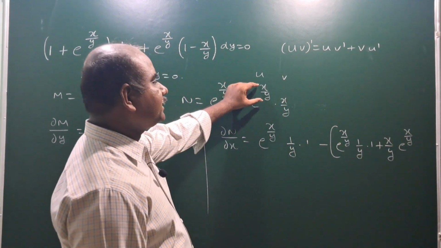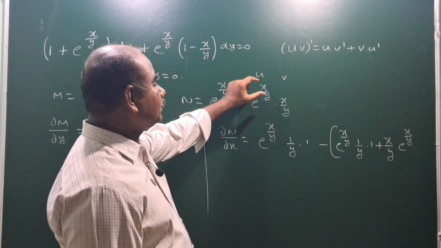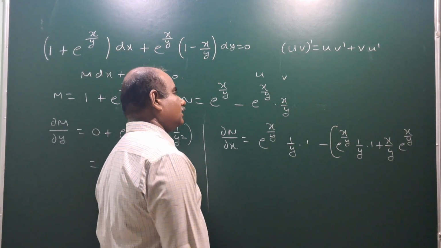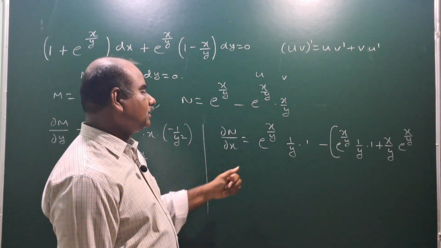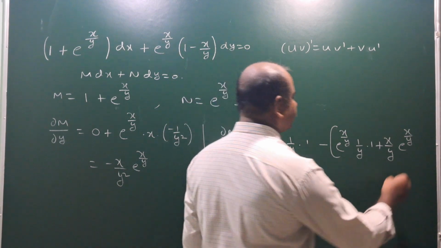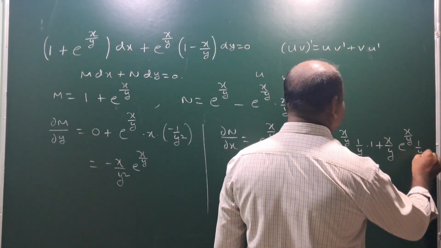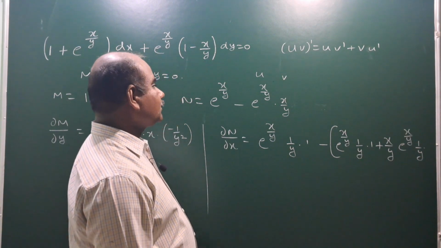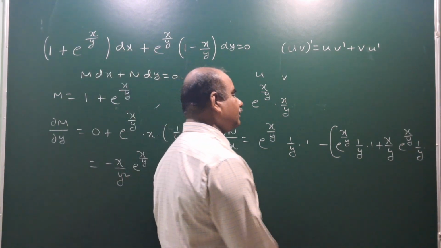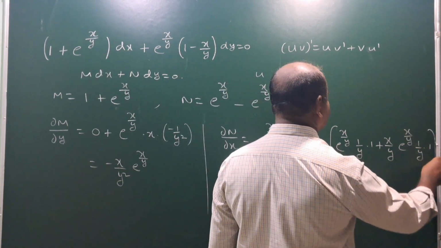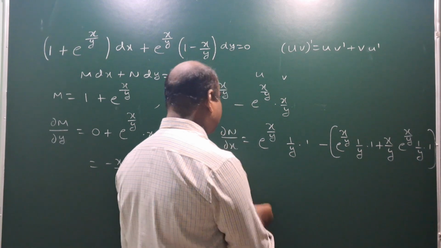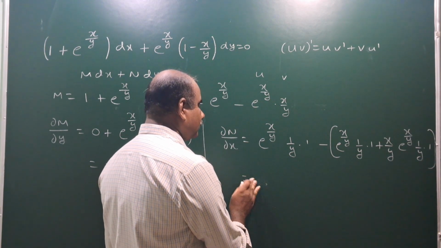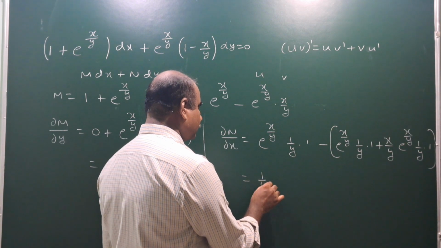But it is not x, it is x by y. So we have to differentiate again the power x by y. And in x by y, 1 by y is constant, so take aside. So we have to differentiate x only. Derivative of x is 1. So finally it is equal to 1 by y e power x by y